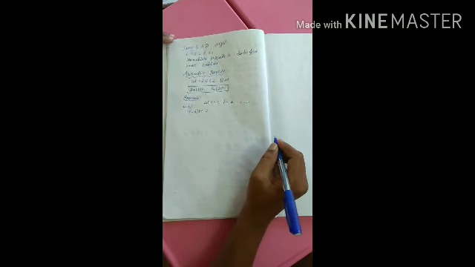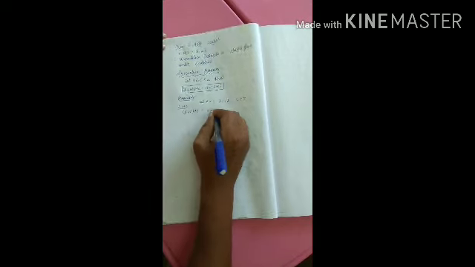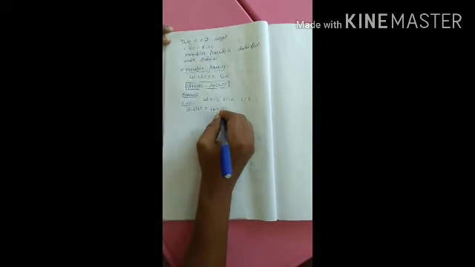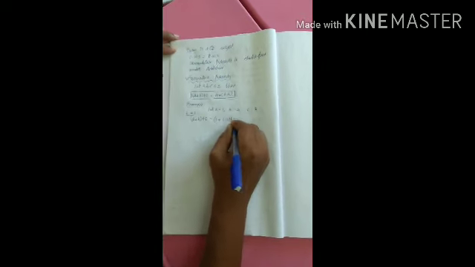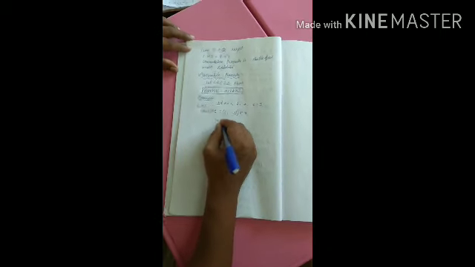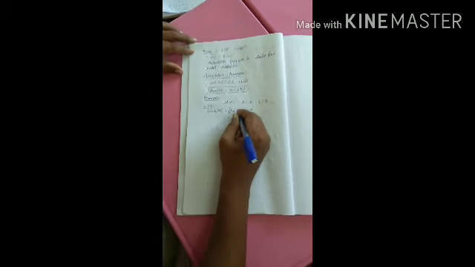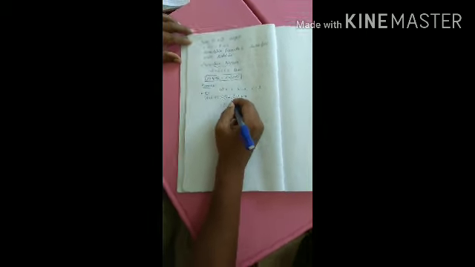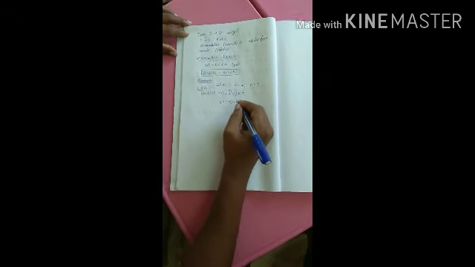Okay, apply the values in A plus B plus C. What's the value? A is 1, plus B is minus 2. When you write a negative value, write it within brackets, okay, so close the bracket. What's the value of C? C is 3. So one value plus another one is minus, so the bracket means multiplication: plus into minus, that is minus 2 plus 3.